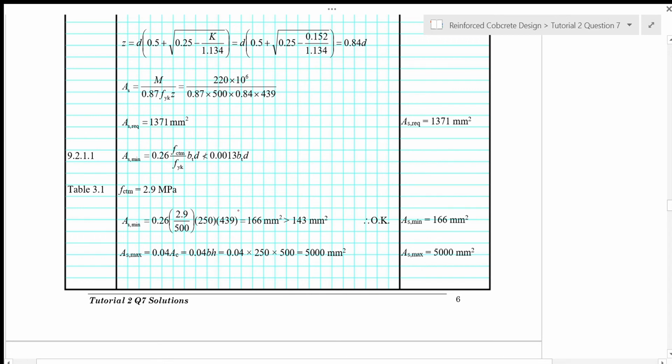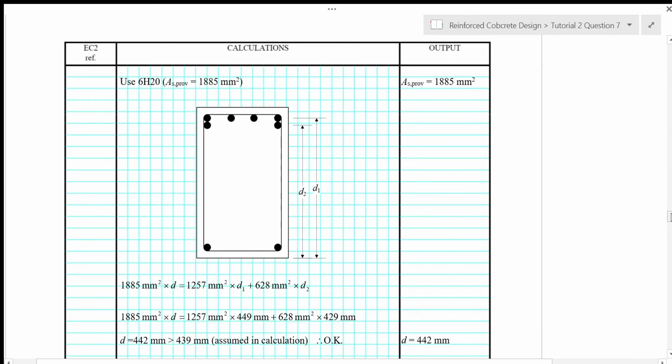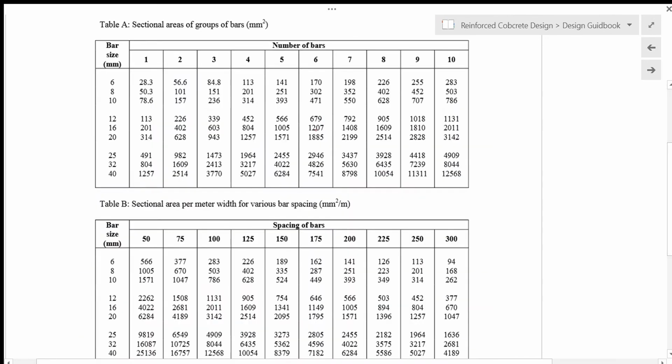So we get As min as 166 square millimeter, and 0.0013 bd is 143 square mm. So the As minimum is 166 square millimeter. And then maximum reinforcement is 0.04 bh, so we get 5000 square millimeter. So we provide steel of 6H20 to give As provided of